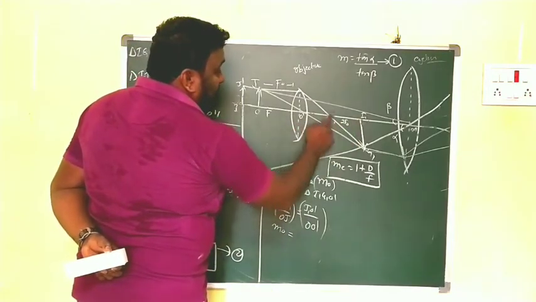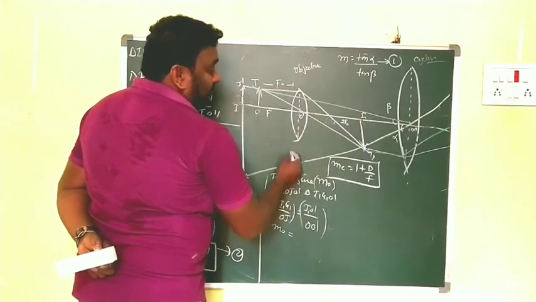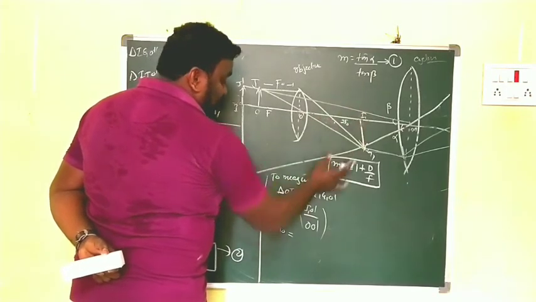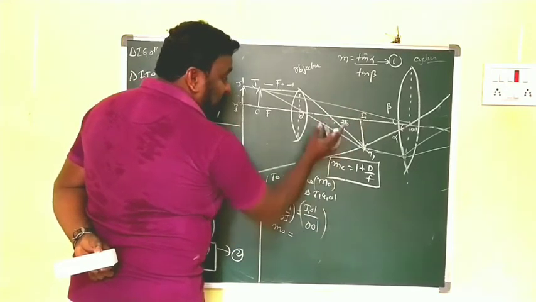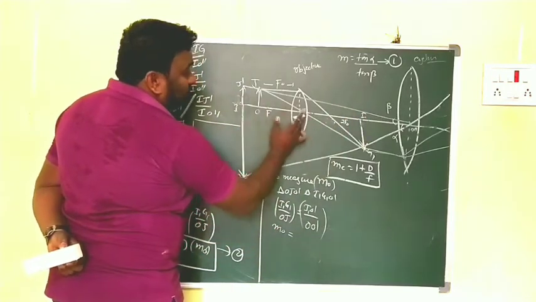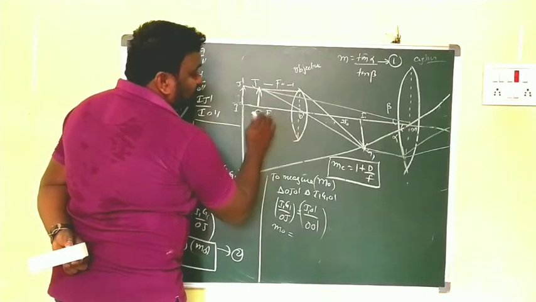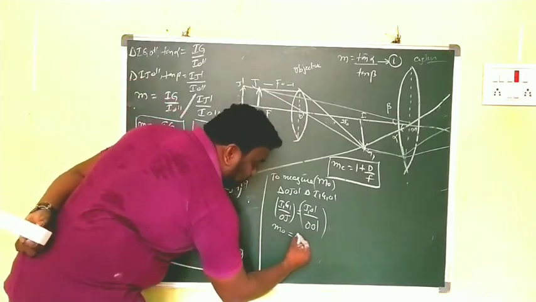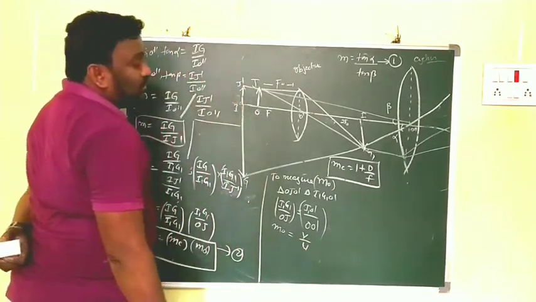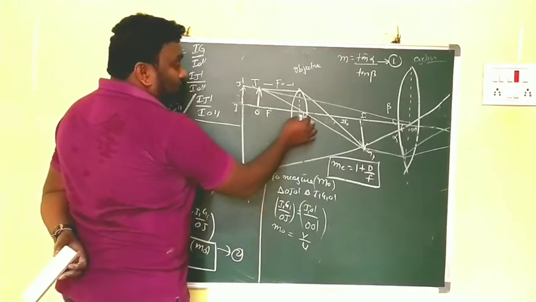I1O dash, or O dash I1, is what? Image distance of this one. Clear, children? The distance from optic center to the image, what we call image distance. That's why here I1O dash is image distance, and OO dash, or O dash O, means object distance. That's why what I write here? V by U. And now in this case, here we are taking the U value.